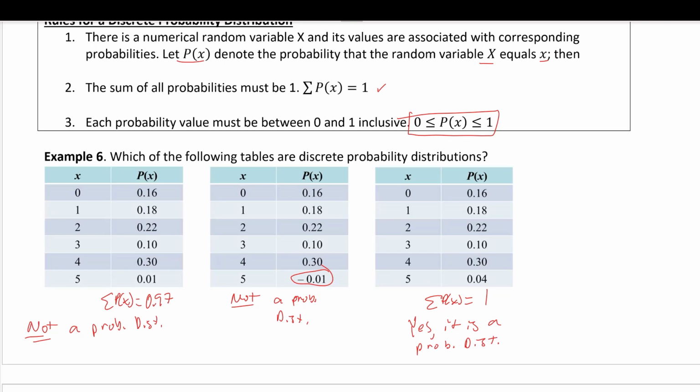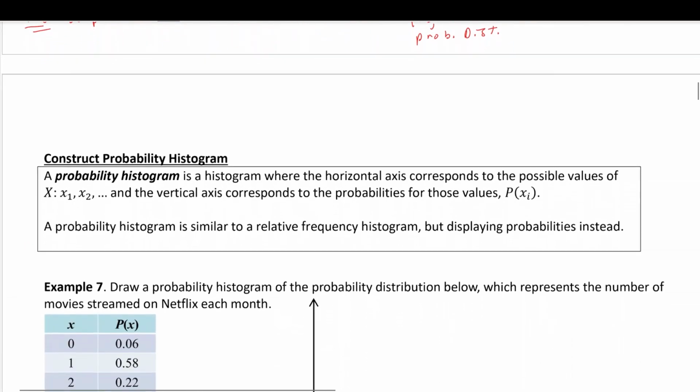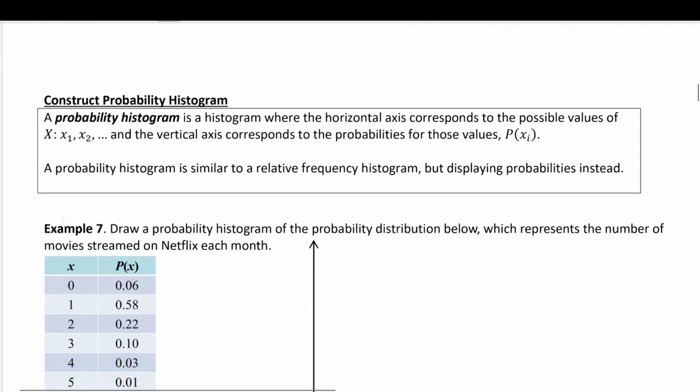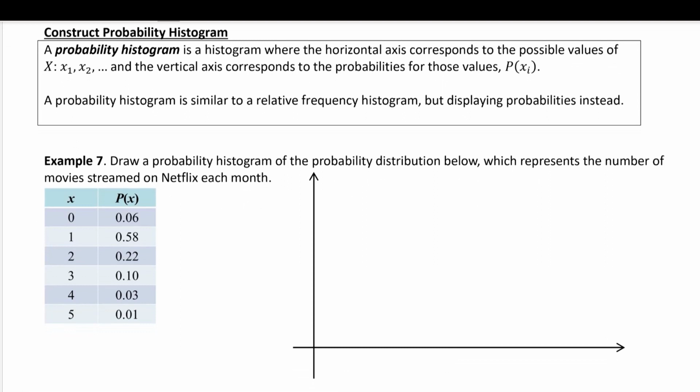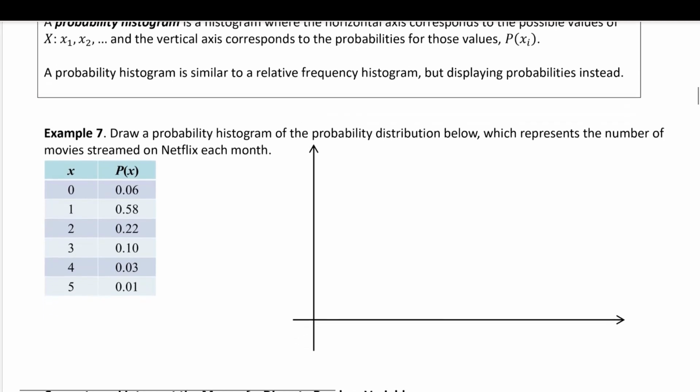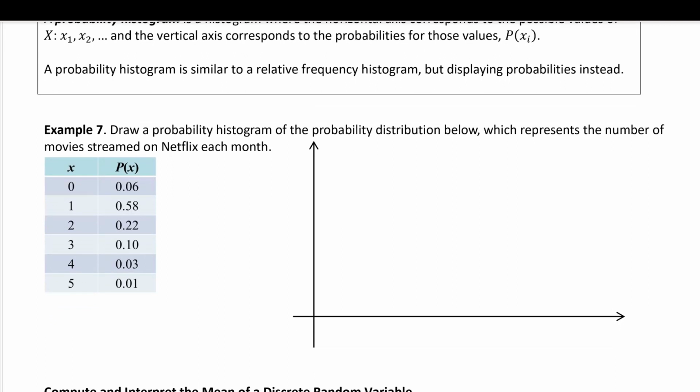All right. So probability histogram. Well, this is going to be very similar to when we talked about relative frequency histograms. Okay, instead of relative frequencies, we're going to be using probabilities. So, starting with this example, it says, draw a probability histogram for the probability distribution below, which represents the number of movies streamed on Netflix each month. All right, so before we go ahead and just tackle this, let's try to understand what we're talking about here. They're saying the number, so X represents the number of movies streamed